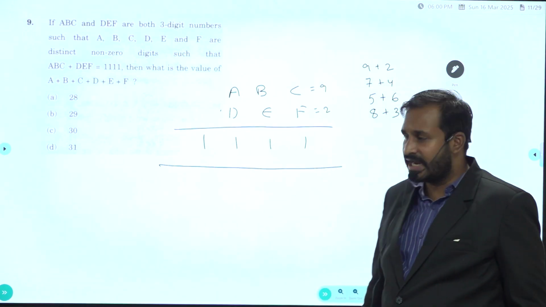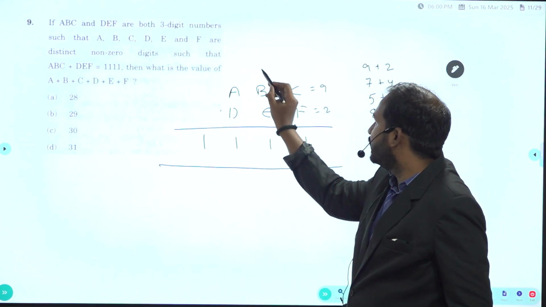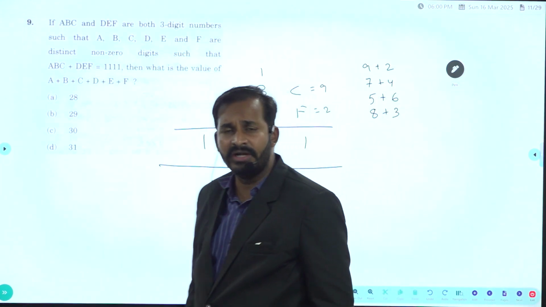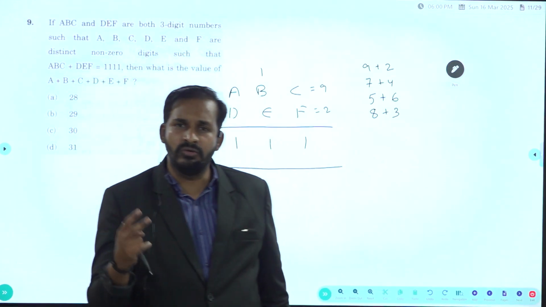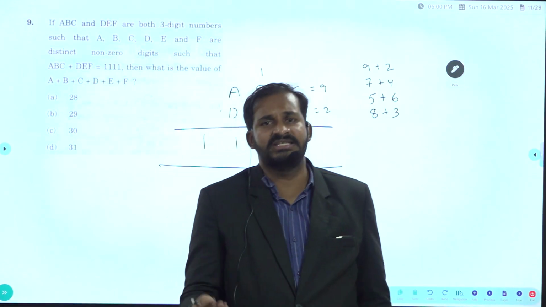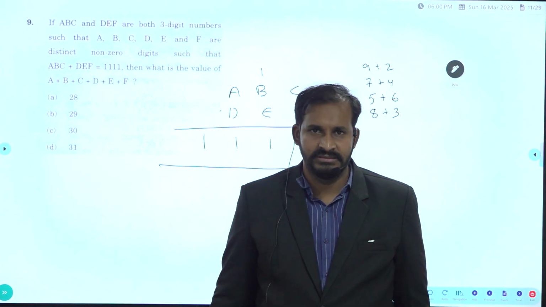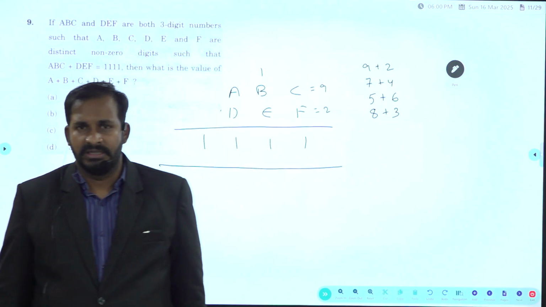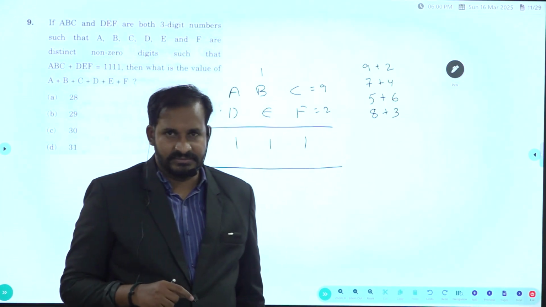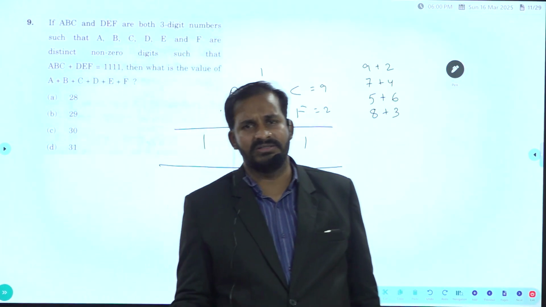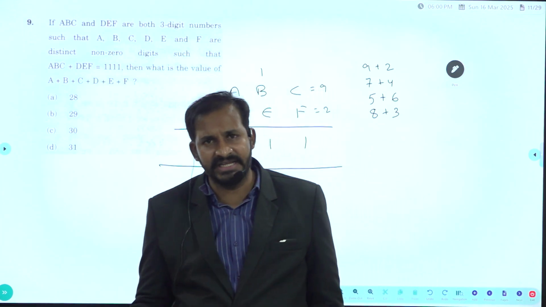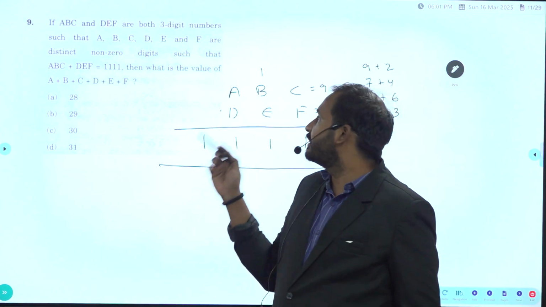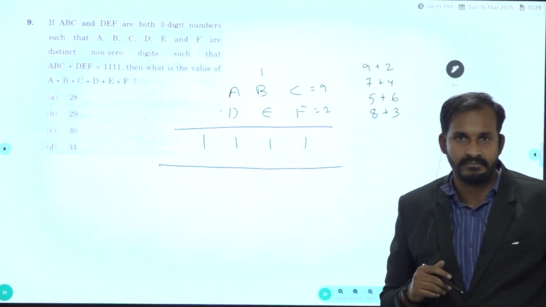So first I will take 9 and 2 for time being. If it is 9 and 2, it will become 11 and 1 will go for a carry. Why you are taking only 11? Why not 21? When you add 2 digits, the highest number possible for us is 18. Why? Because very simple, the highest digit which we have is 9. If you add both the 9s also, you will get the highest possible sum as 18. But you never get 21. Because of that reason, I am taking the sum as 11.